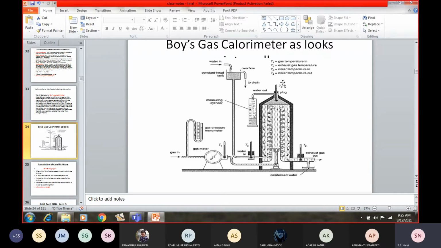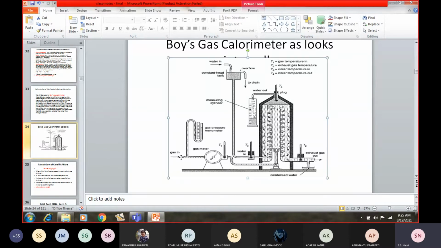Now, when a constant T4 is attained, then you will start the real experiment. Till that time, you will not collect the condensed steam. You will allow it to go waste. There is no need to collect this water until you have got a constant T4. Once a constant T4 is attained, then you can start your real experiment. So what you will do?